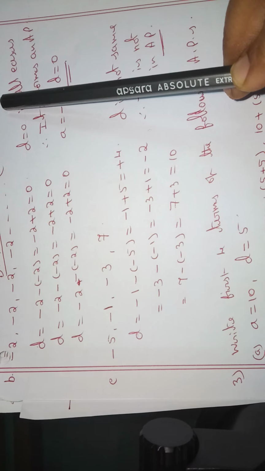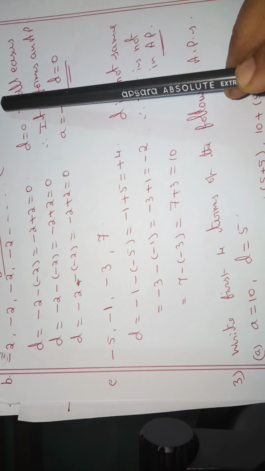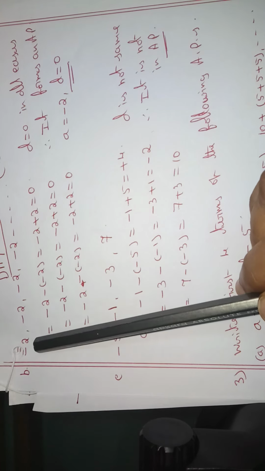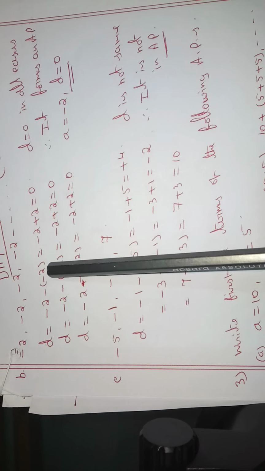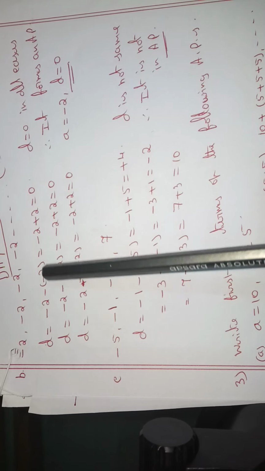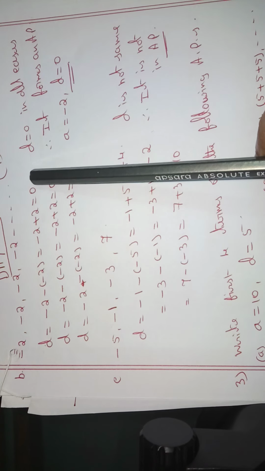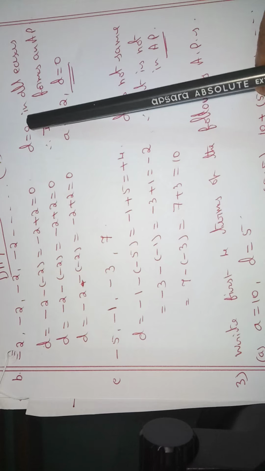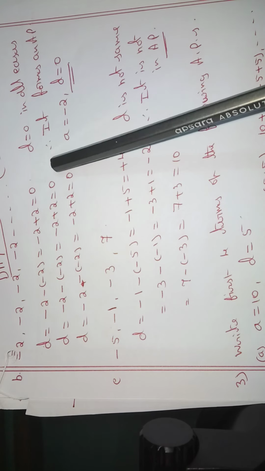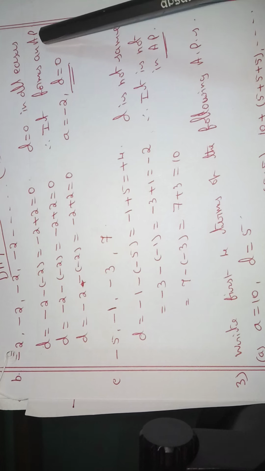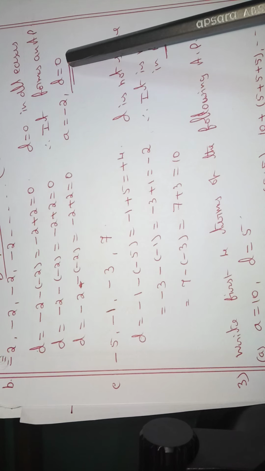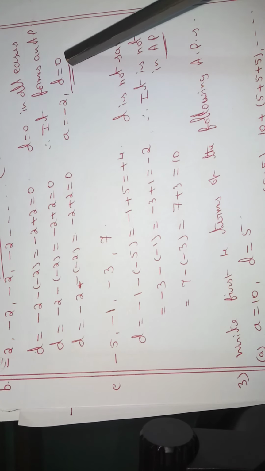Open your notes and check, have you completed those two sums? Okay. D. How to find D? A2 minus A1. Minus 2 minus of minus 2. Use bracket there. Minus 2 plus 2 is 0. Every time same answer you will get. Minus 2 minus of minus 2 is 0. Therefore, D is equal to 0. Is it not the same answer? Yes. Therefore, it forms an AP. Then what is the first term? Minus 2. What is the difference? 0. I hope all of you have completed, isn't it?